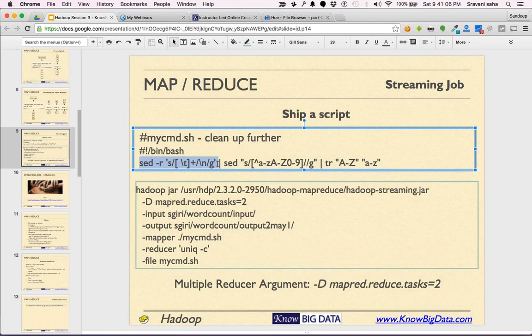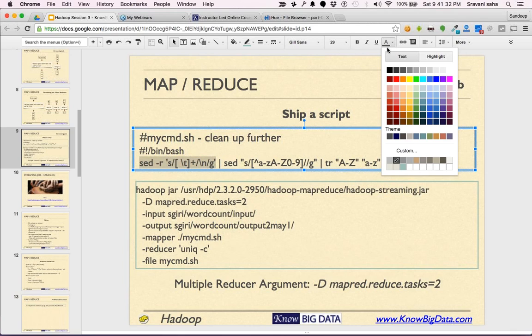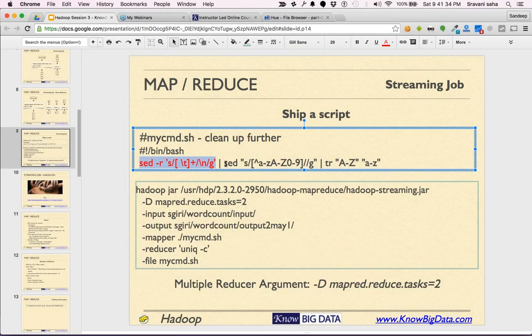First, we replace spaces with new lines. Second, this has removed anything which is non-alphanumeric. And then this one, so it's a pipeline. Whatever is the output of this first command